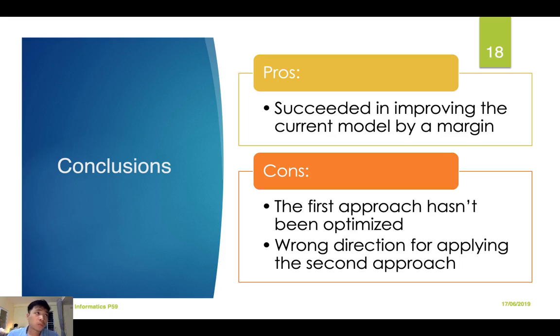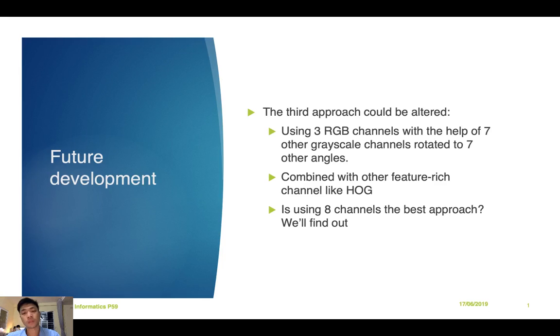The last point is about the second approach, where I think I did it in the wrong manner as well. In the paper, they pointed out that this is better applied at the very last convolutional layers of the network, while I applied it on the first ones, which is also not good in theory because the first layers are very crucial to the network. They provide very good information about the edges and the colors of the image, while here I changed them all. I didn't even use the restraint weights, so I think that's why. Oh well, I will change that for another attempt in the future.